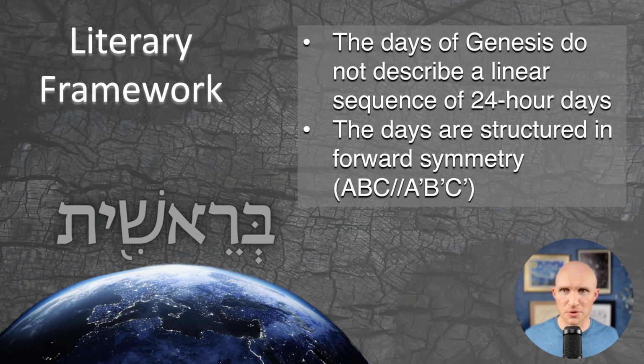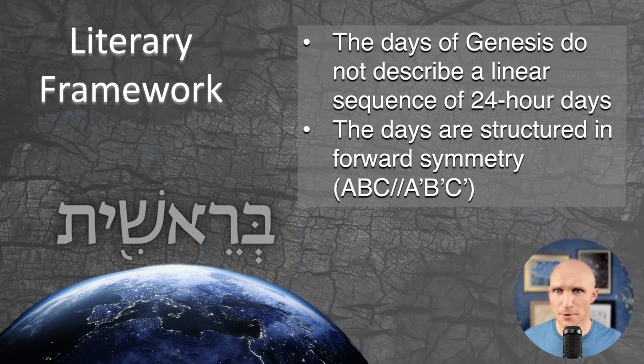Now, you will see some people say that forward symmetry is not the same as parallel pattern. You will see some people that say they are synonymous. I'm just going to use them synonymously because that's how I've seen it used. But you can see right here, I've got this ABC and then ABC repeating. This is the pattern in which scholarship has recognized Genesis chapter 1 to be written in these days,